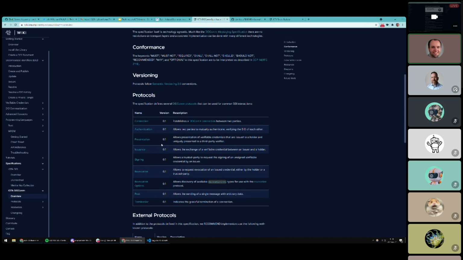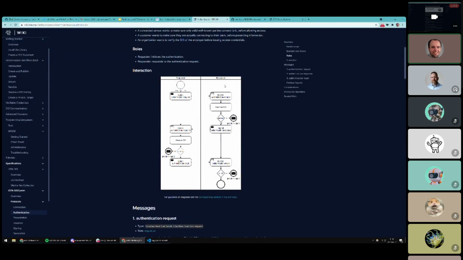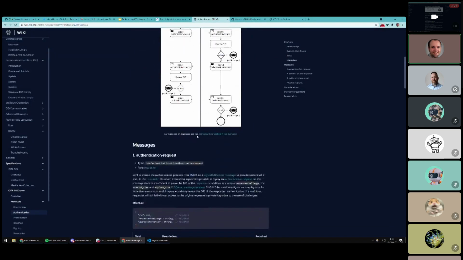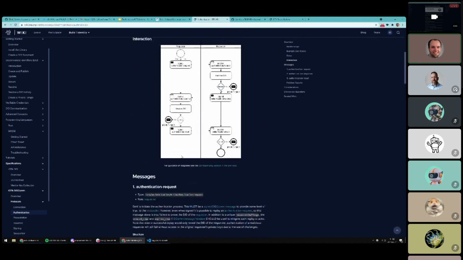So if two identities want to validate that they both control their own identities, you would do an authentication. So if I click here on the authentication protocol, it would describe how this interaction looks like, and it has a full description of how these messages should look like according to a standard.